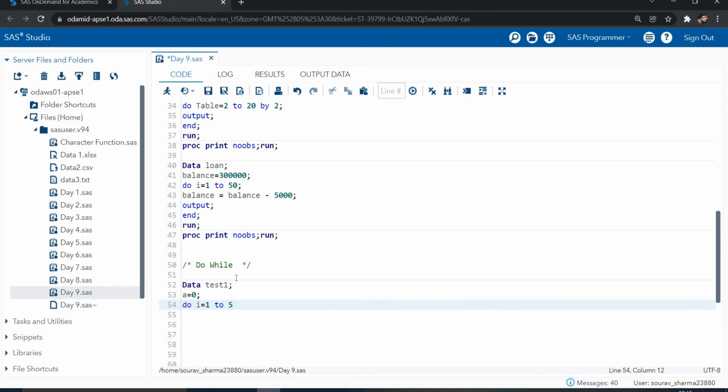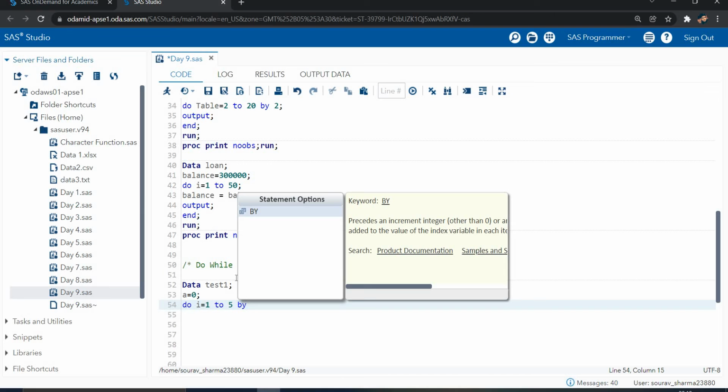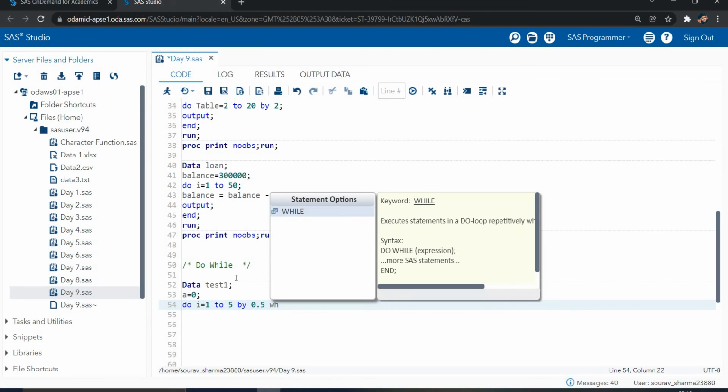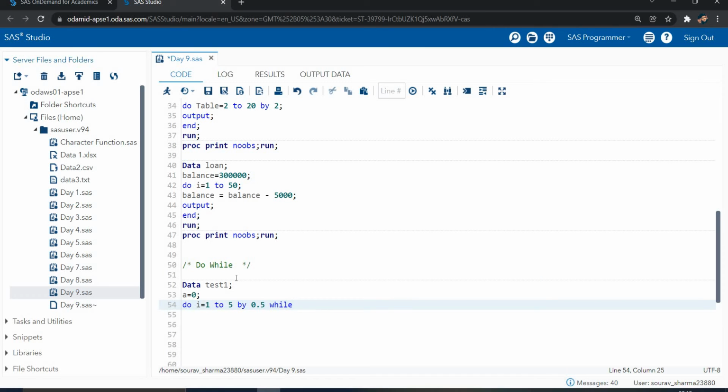Now I'm writing the do statement: do I is equal to 1 to 5. I wrote 1 to 5, then the by variable. I want the increment of 0.5. Now I'm writing the while statement.